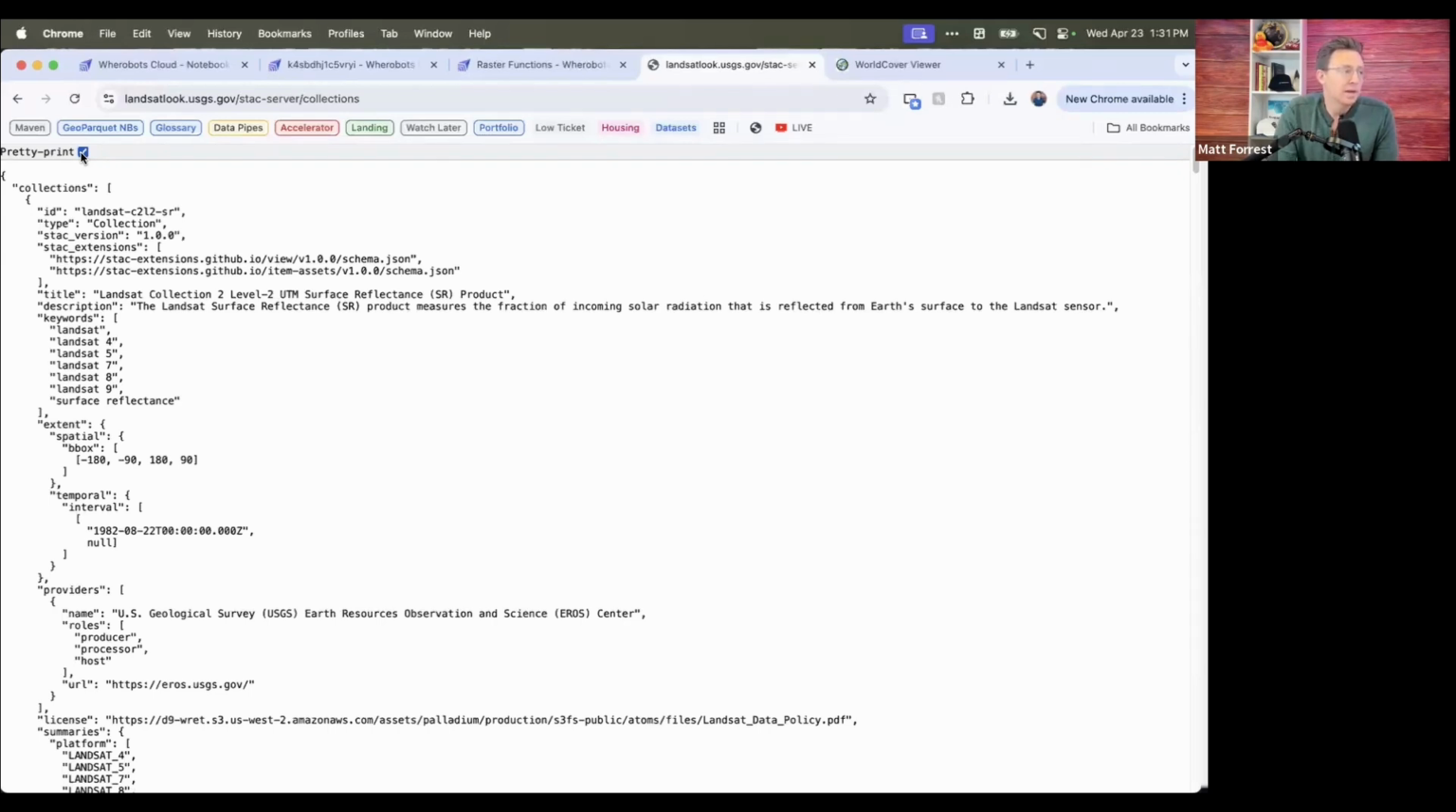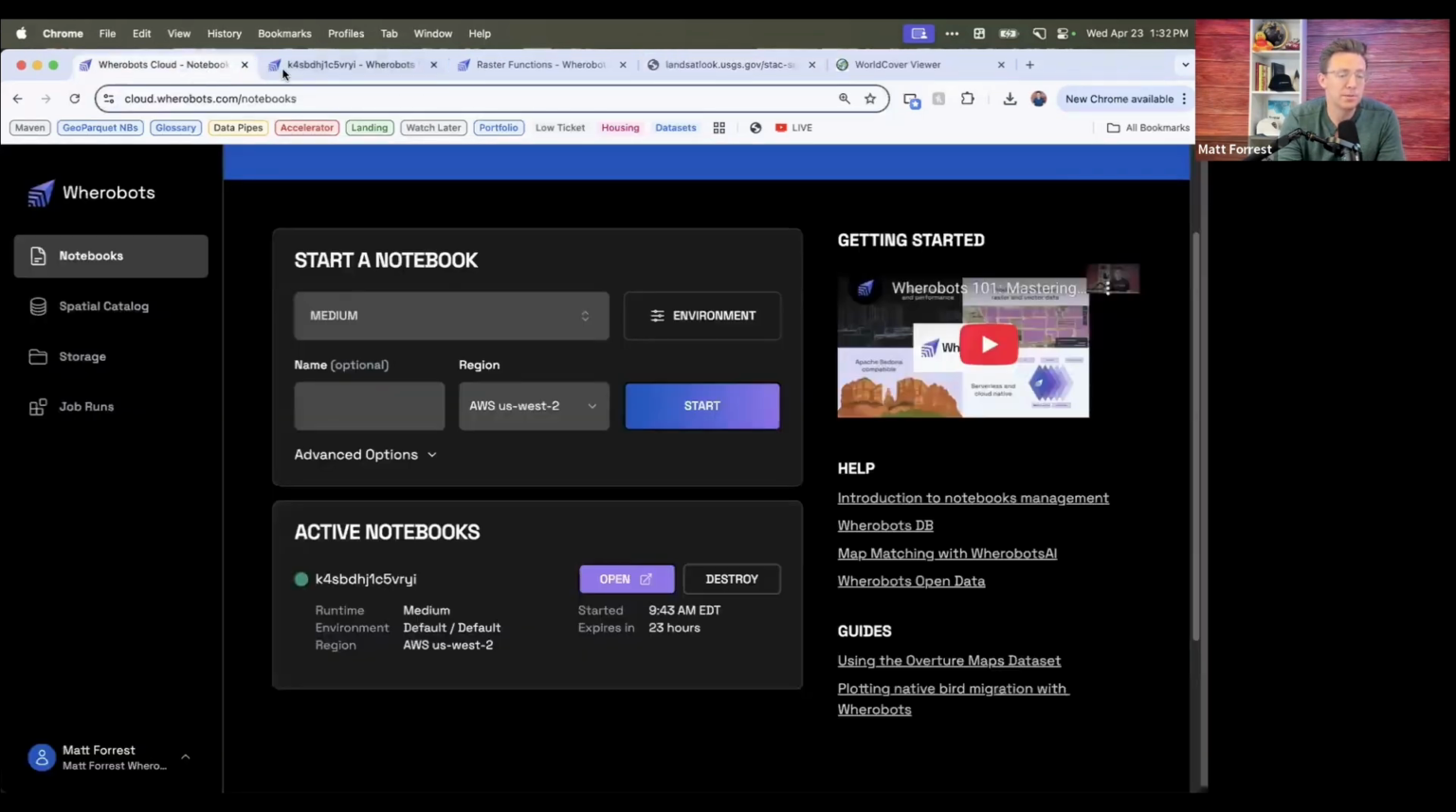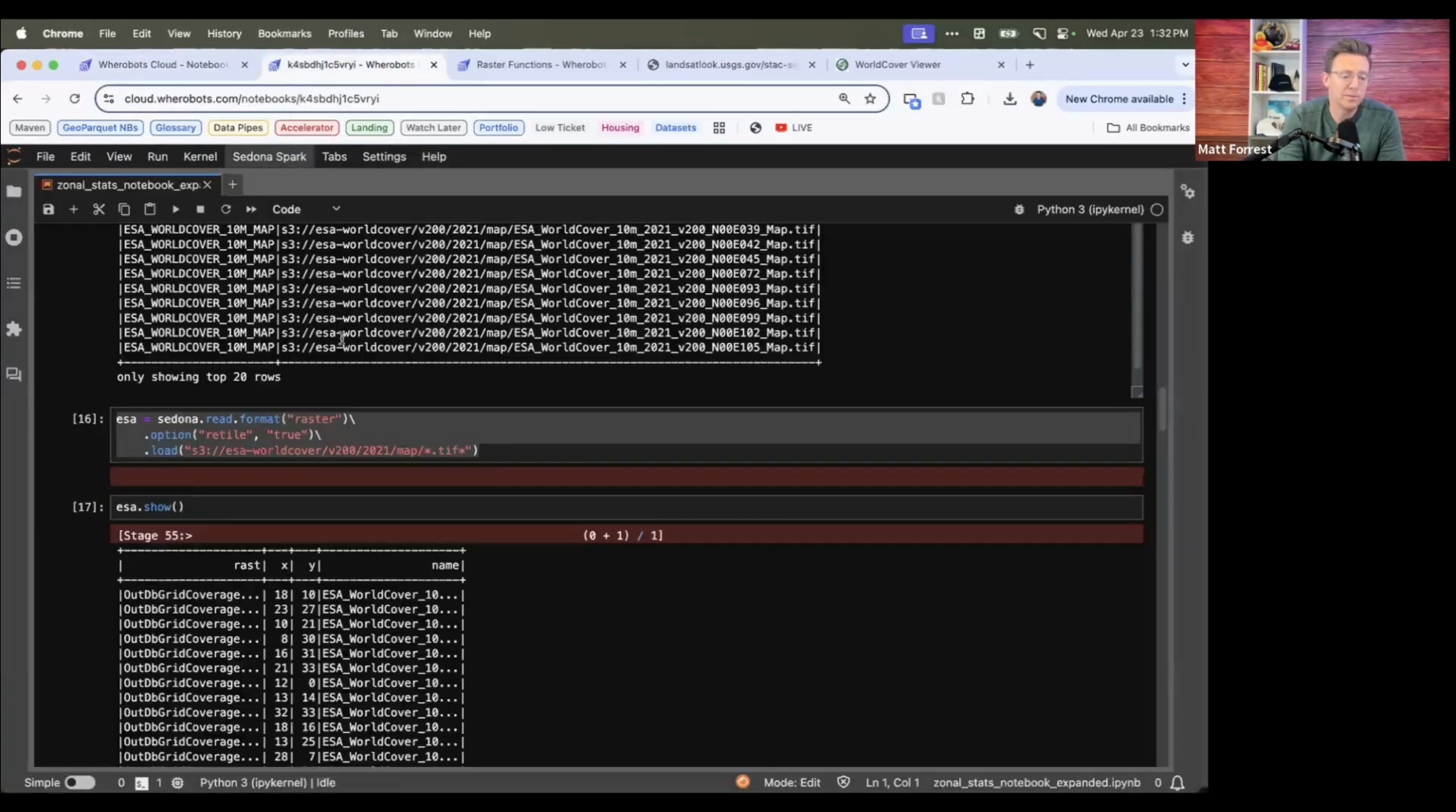So I saw there's one question here. I might have missed it, but when you overlap a vector and raster here with the zonal stats, does it make sure the projections match? It will error out if the projections